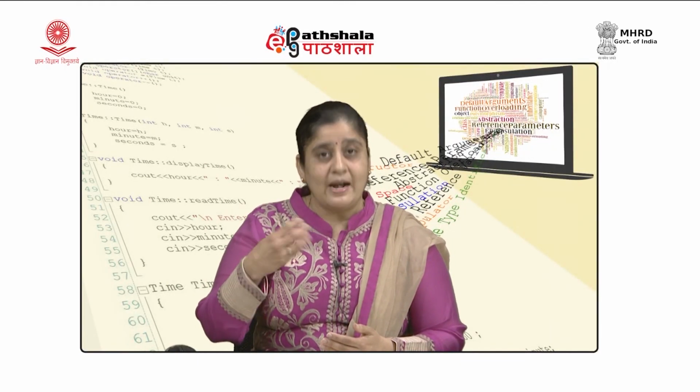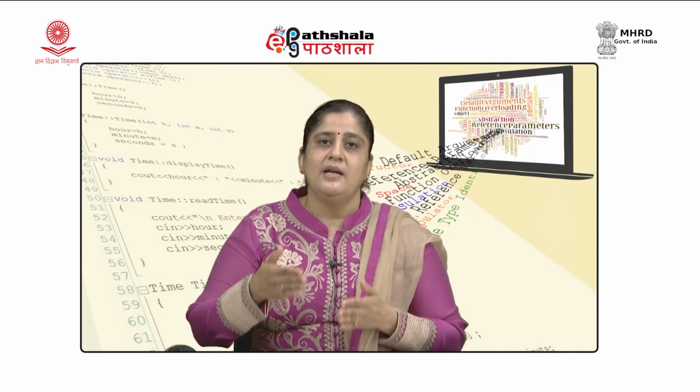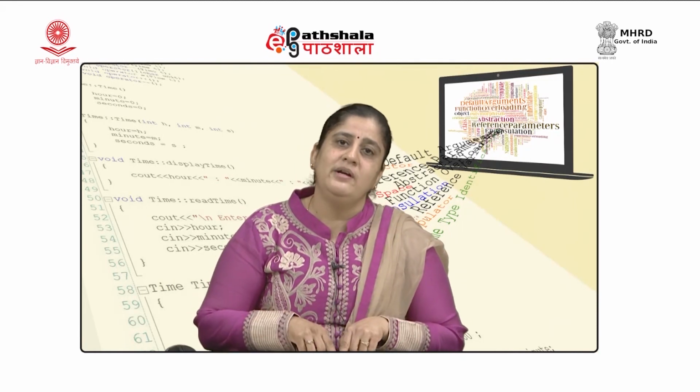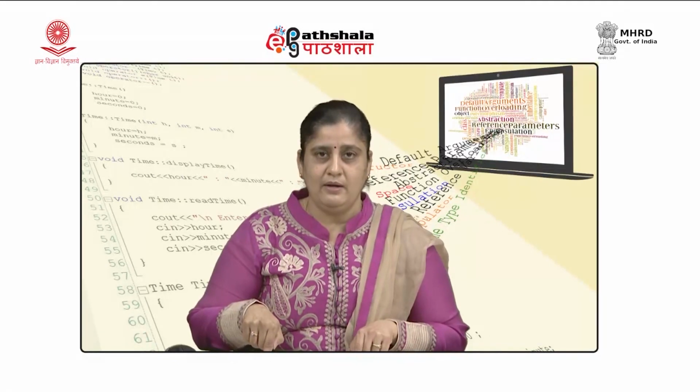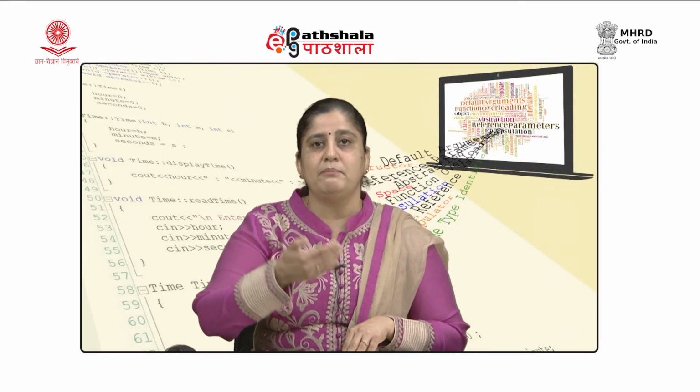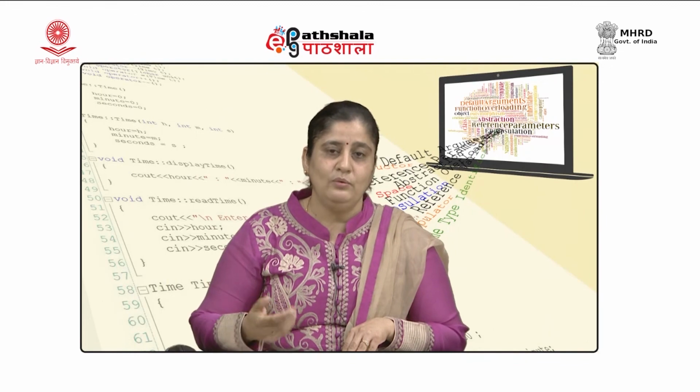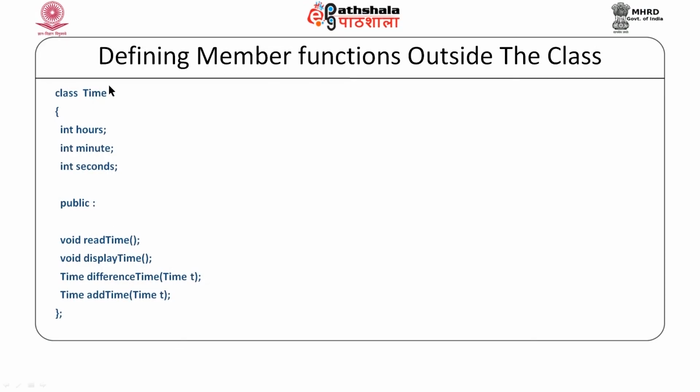understanding of the class at a glance, what we can do is that inside the class we may only declare the functions. That is, we can only keep the prototype there, but the definition of the function we can bring outside the class. How? Let us see that. Here, when I am defining the time class, I am only declaring the member functions, and the definitions of the functions are not being kept inside the class. These functions we can define outside the class. How do we define them outside the class?